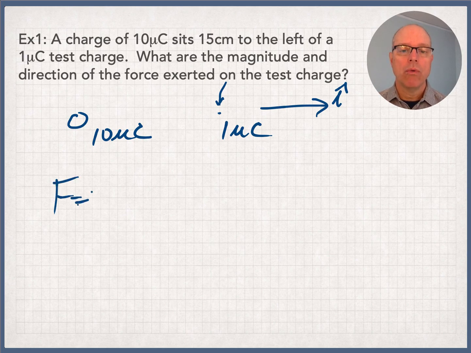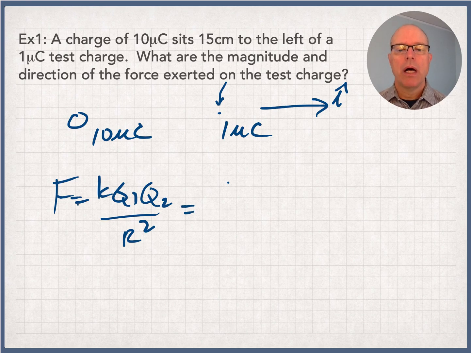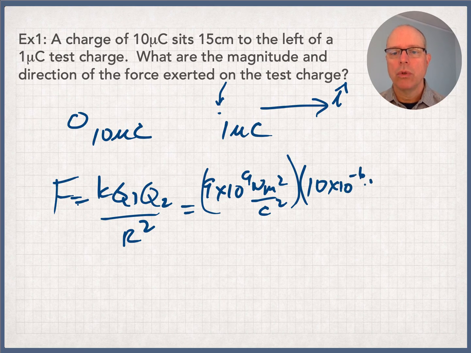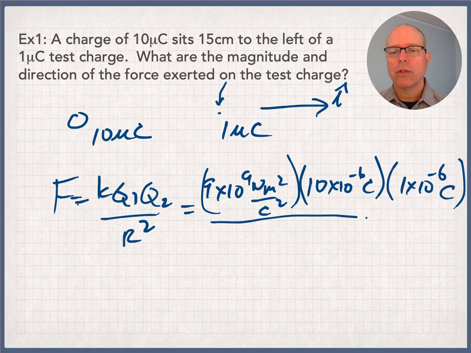Force equals k q1 q2. Oops, Q1, Q2. And I think I switched to uppercase over here. And I'll say something about the way I draw these or write these out. You can write 9 times 10 to the 9 newton meters squared over coulomb squared. That's good practice. You can write 10 times 10 to the negative 6 coulombs. That's good practice. You can write 1 times 10 to the minus 6 coulombs. That's also good practice. You can write